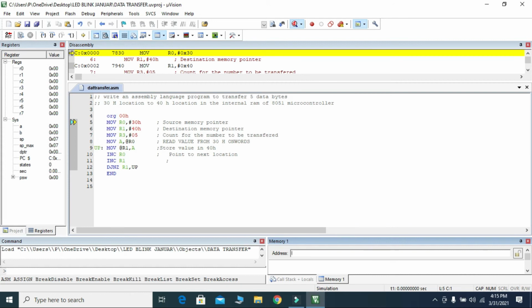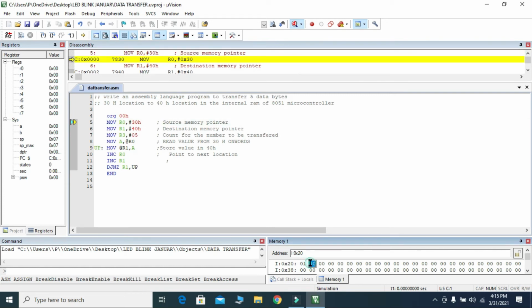Type I:0x20 and then enter. You can see the memory locations. For example, here is written 01, here 02, 03. So for the next 5 memory locations we need to type, so that we can see it is transferred to the memory location.